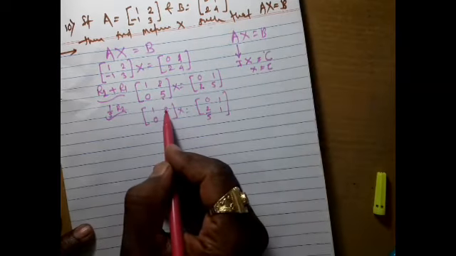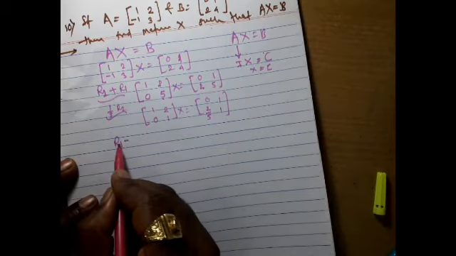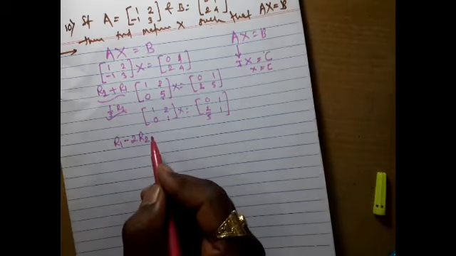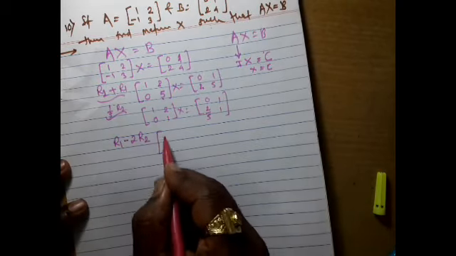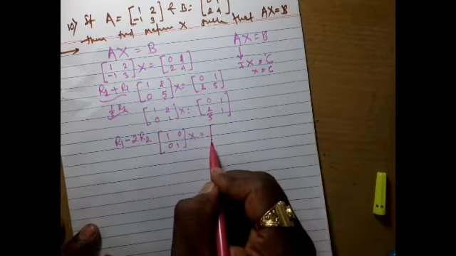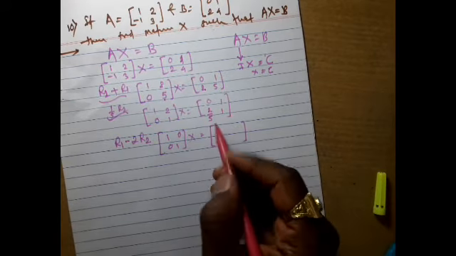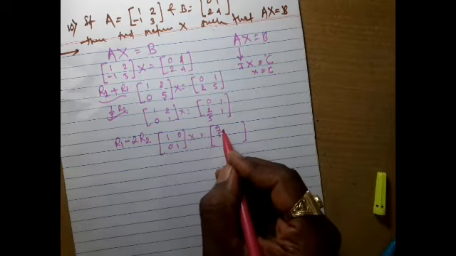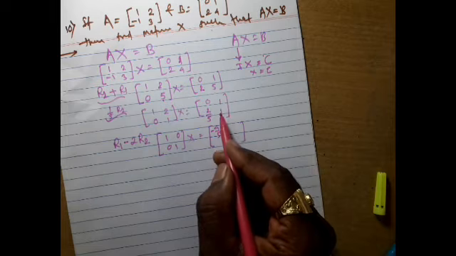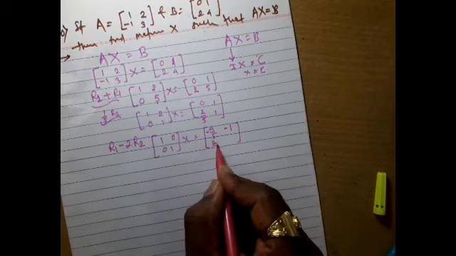Now this element should be 0 and that is in R1. So R1 will be changed by subtracting 2 R2. And this is 1, 0, 0, 1 X, equal to 4 upon 5, minus, this is 1 into 2 minus 2 plus 1 is minus 1. It is 2 upon 5,